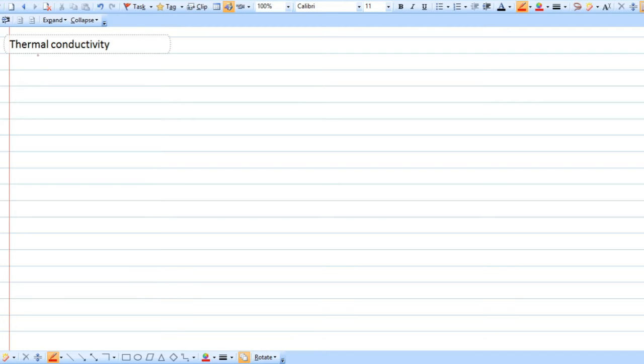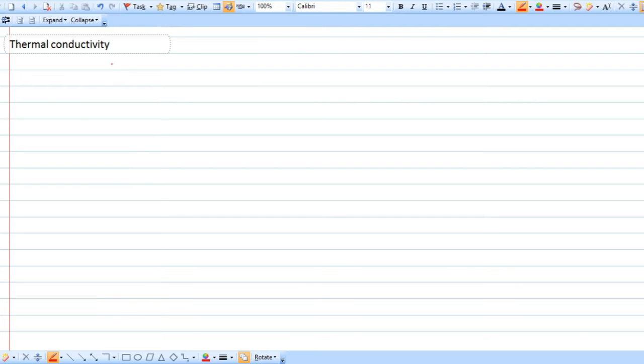We have described Fourier's law, and we have seen a property called thermal conductivity as a proportionality constant in Fourier's law. We will define this thermal conductivity, and we will discuss different factors which affect its value, because the value of thermal conductivity is very important in the solution of different problems we face in our heat transfer applications. The thermal conductivity will be defined from Fourier's law.